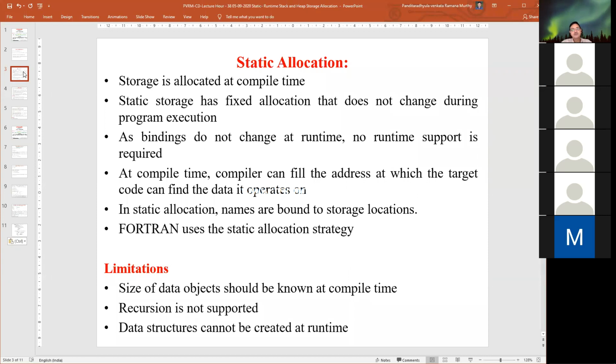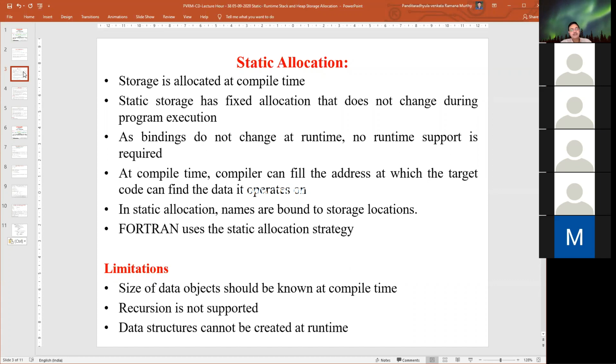From the addresses, we identify the required data and operate on it. So till now, the only difference we are identifying with reference to the compiler is that it doesn't require binding at runtime. Binding is the process of attaching memory locations to the program code. That is not required in the case of static memory allocation.